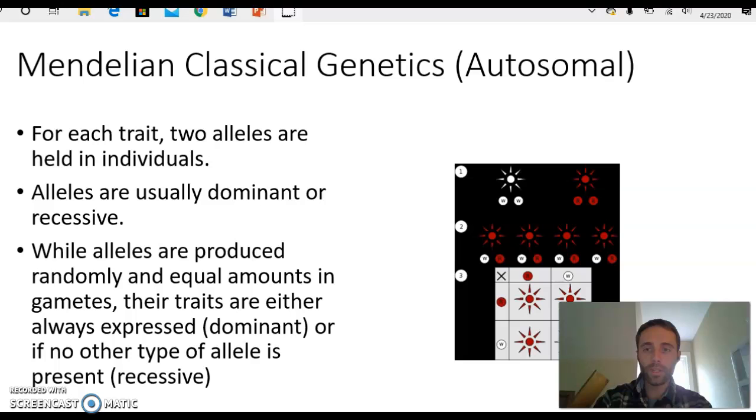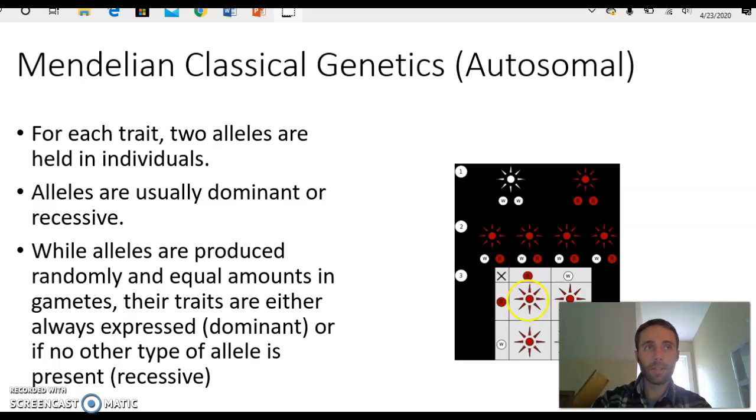So in this situation, if you want to look at all the different possible outcomes you could have: when I have a cross between a heterozygous parent for red and white and a heterozygous parent for red and white, I have a 75% chance of my offspring having the red trait expressed. I have a 25% chance of that recessive trait being expressed. And then if we look at the homozygotes, so we have a 25% chance, or 1 out of 4 chance, of the offspring being homozygous